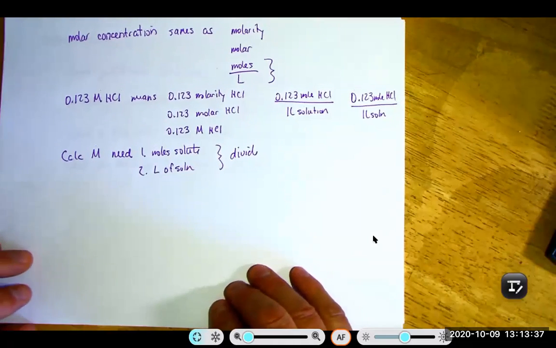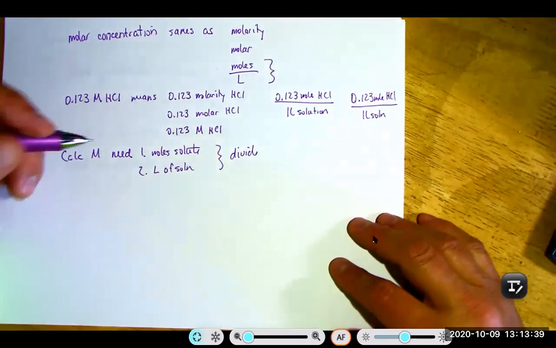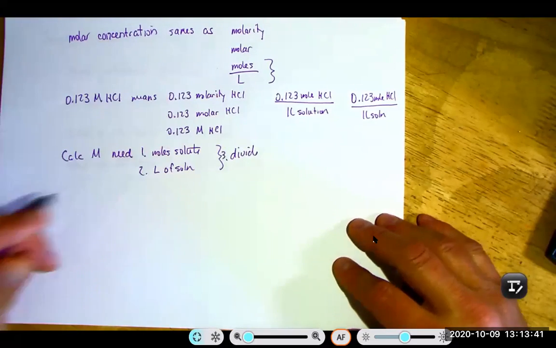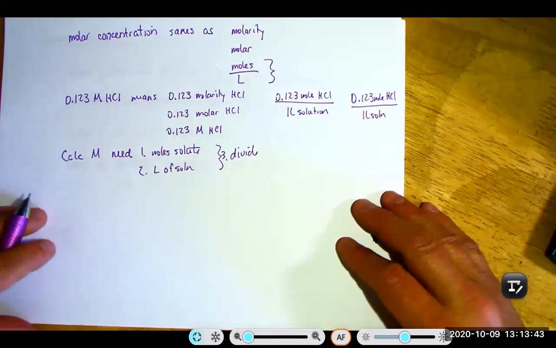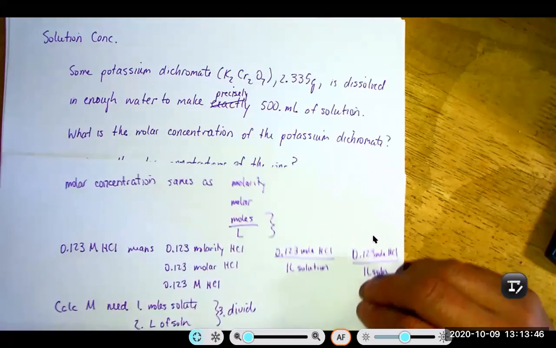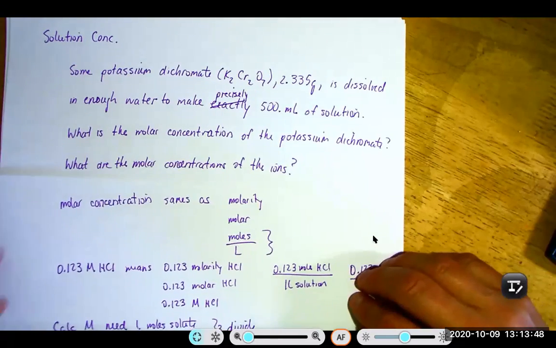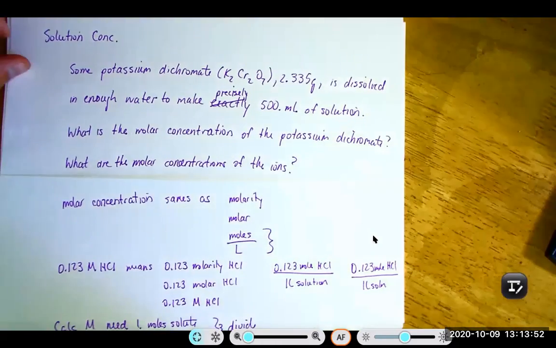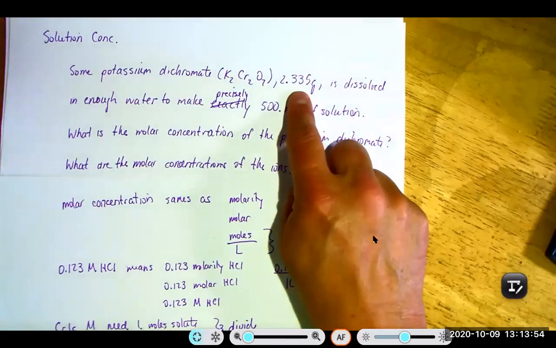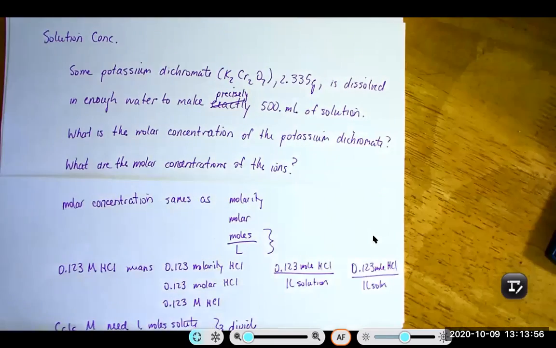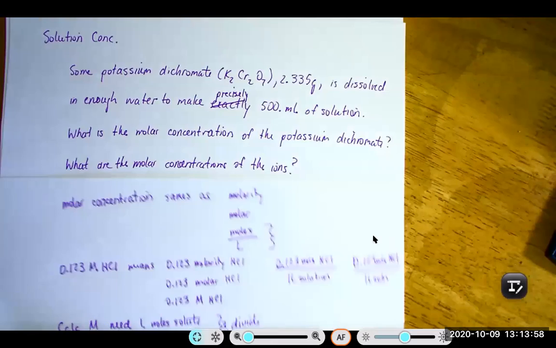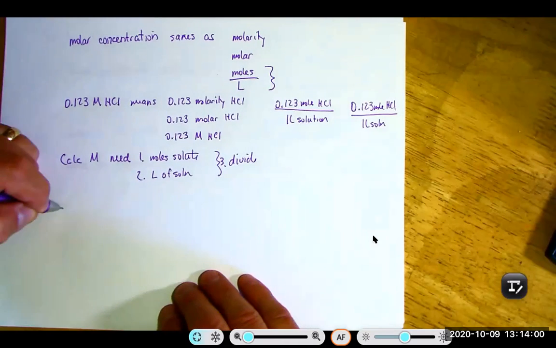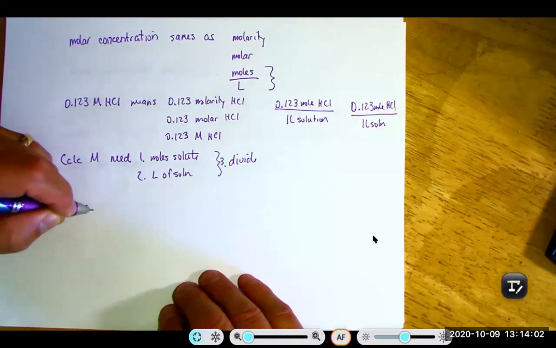So normally you don't set this up as two separate problems and then 3 divide. You just do it all at once. So let me show you how we would do that all at once. Now, what number up here is going to help us get the moles of solute? I would say it's this one here. So I'm going to start with 2.335 grams